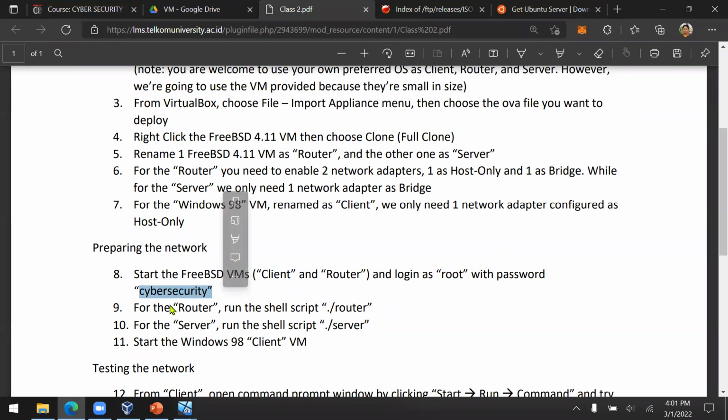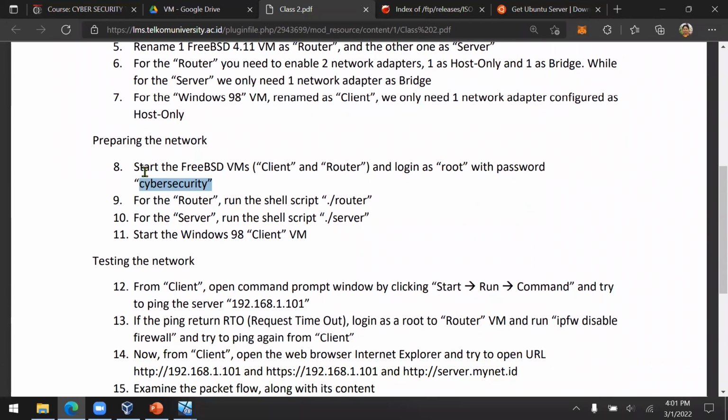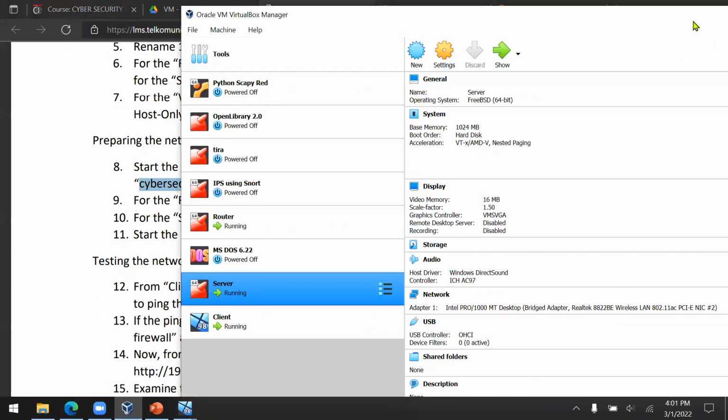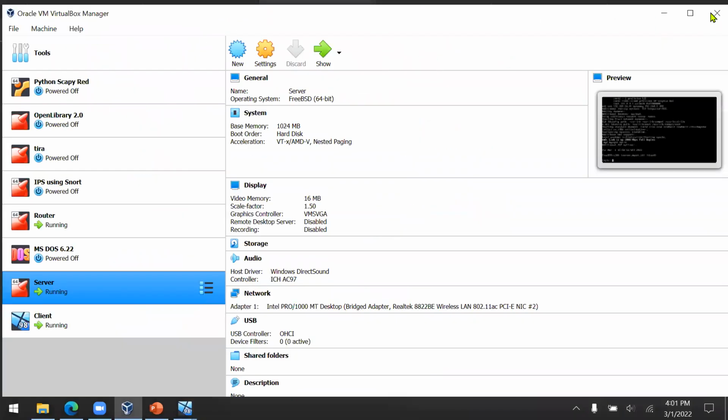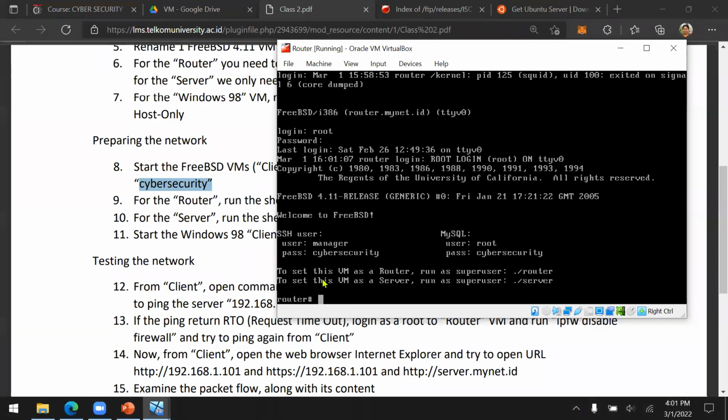And remember, before you run the network, you need to prepare the network. Once you log into the router, run the shell script ./router. To set this virtual machine as a router, run as superuser ./router. Then it will configure itself as a router.